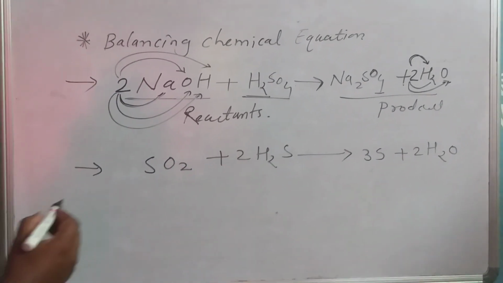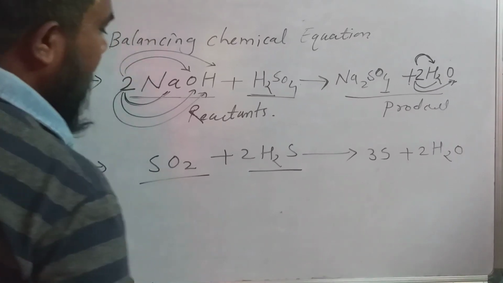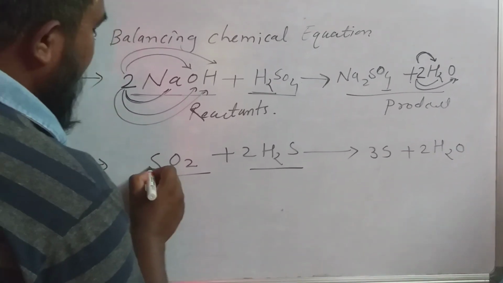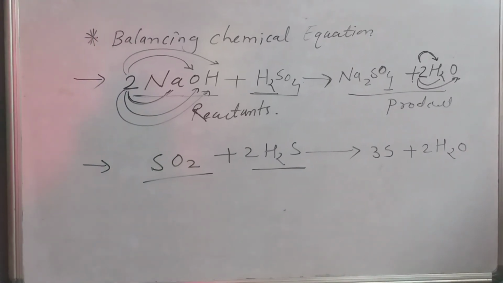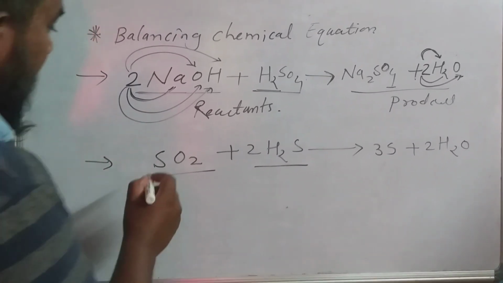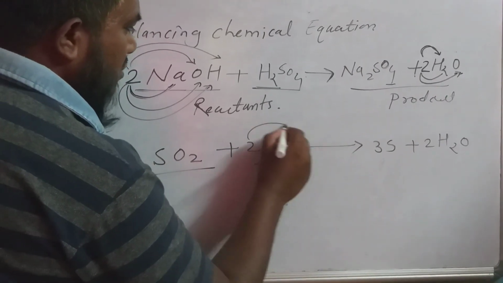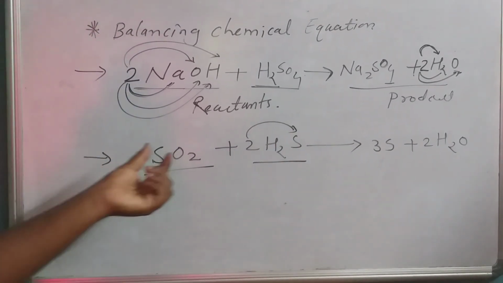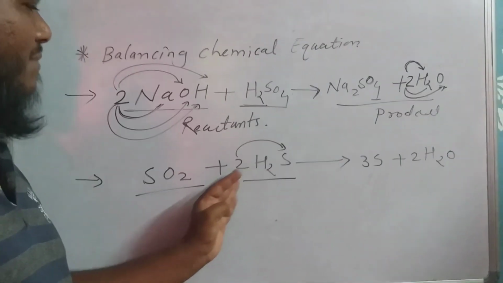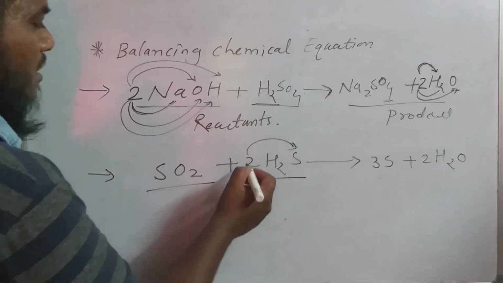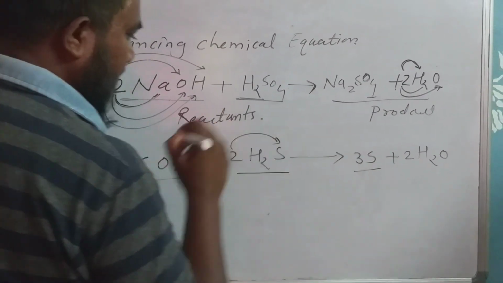Now we will see on the left hand side reactants are present, and in reactants sulfur, hydrogen and oxygen are present. Now on the left hand side how many sulfurs are here? 1 plus these 2 sulfurs. Now this 2 is written in common before the compound, that means every element will multiply with this 2. 2 ones are 2 and this one becomes 3S.